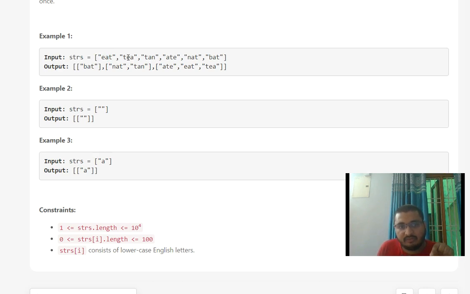So what we will do, when we find something already present in the map, we will add this string also to the array, to the value side. Don't worry, I will be coding this solution, just try to grasp this. You can also rewind the video again, and we will be coding the solution just now.